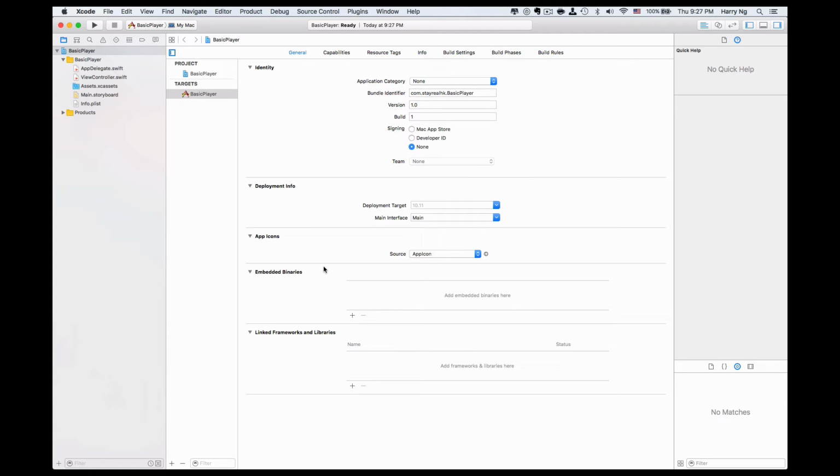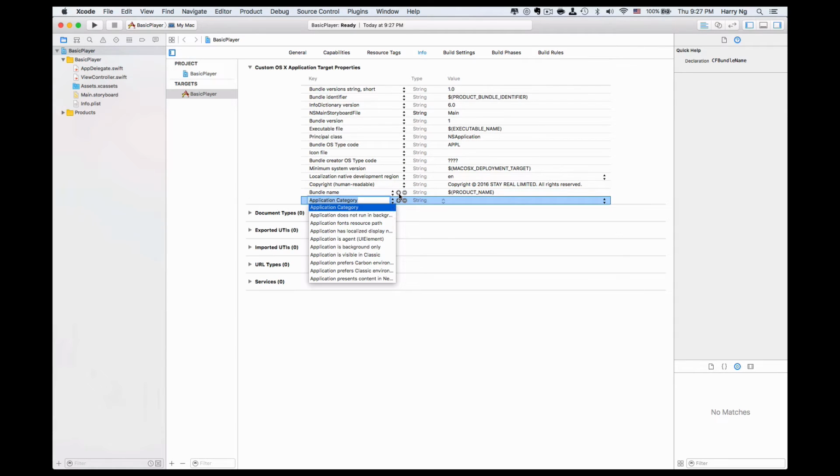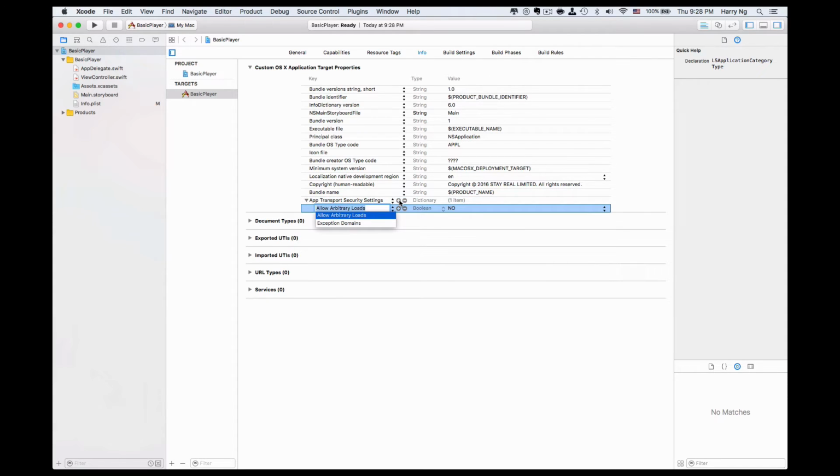In this project, which is an empty one, I'm going to start with setting up the app transport security. First of all, I would go to Info here and add a new option to the Info plist. I want to set this as App Transport Security Settings. This one is a dictionary, and I'm going to add the content to it. I will choose Exception Domains here,